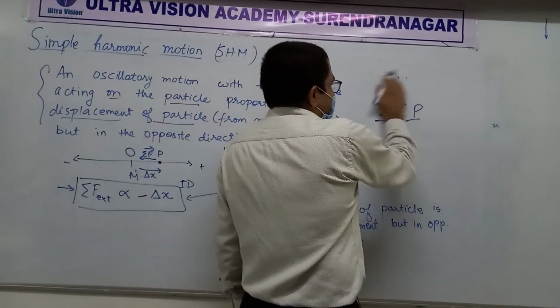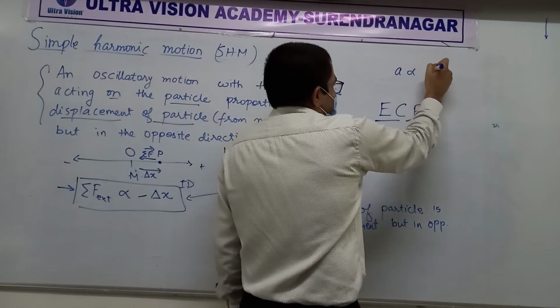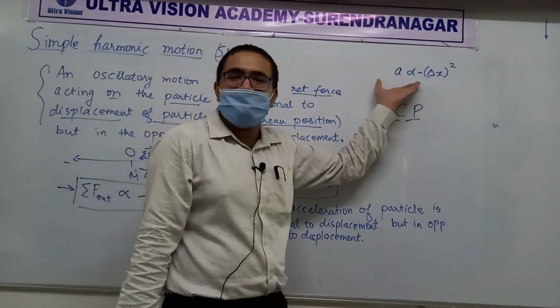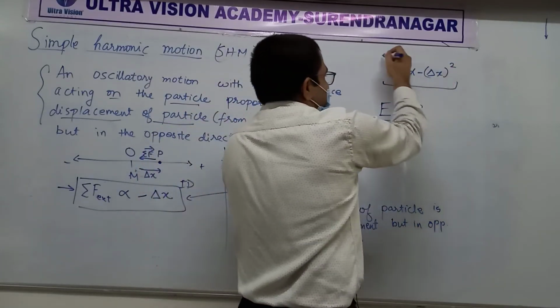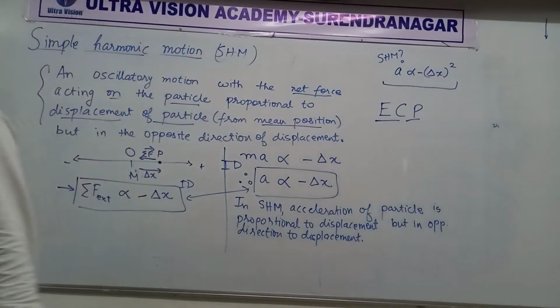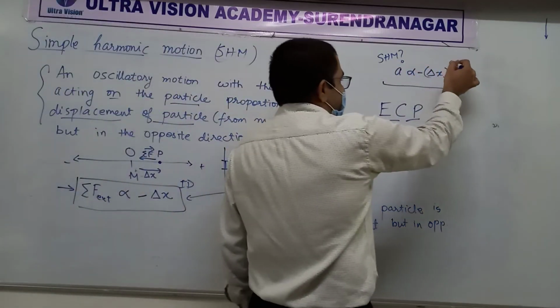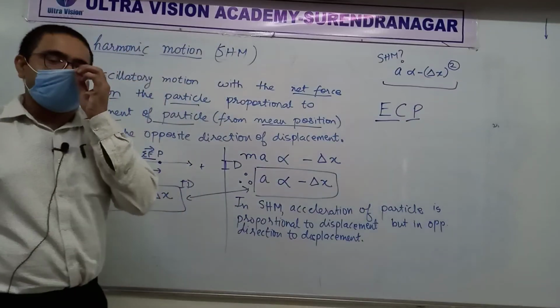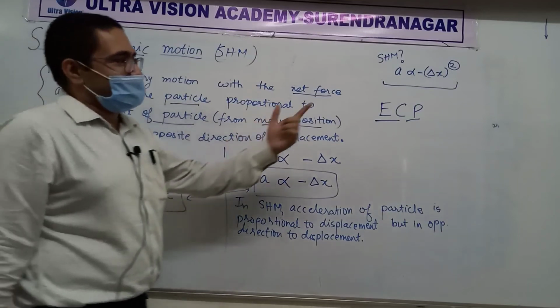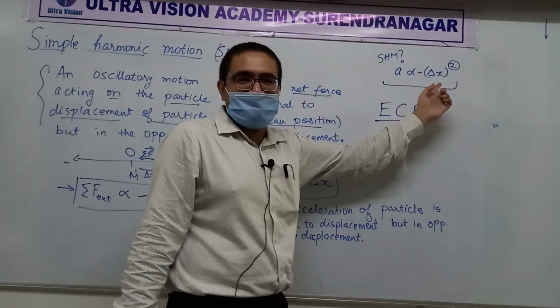This is just like saying that sometimes you might get acceleration proportional to something else. Is this SHM? What do you think? Is it a real one or a fake one? Watch it carefully. Don't get fooled. This is not SHM. The problem is the square. This says that it should be proportional to the displacement, not to the square. So that's the difference. Did you understand?